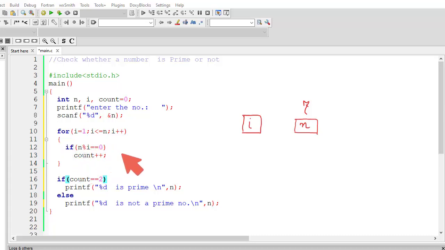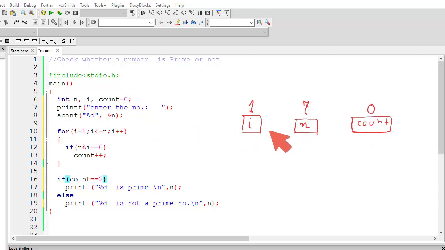Here first we will check whether this 7 is divisible by the value of 1 or not. So i is 1, whether n modulo i is equal to 0, means when the value of n, here it is 7, is divisible by the number, here the first number is 1, then n modulo i is equal to 0 will provide a logic 1 signal. What will happen? The count value will be incremented by 1. So the initial count value is, say, 0. I have defined it here.